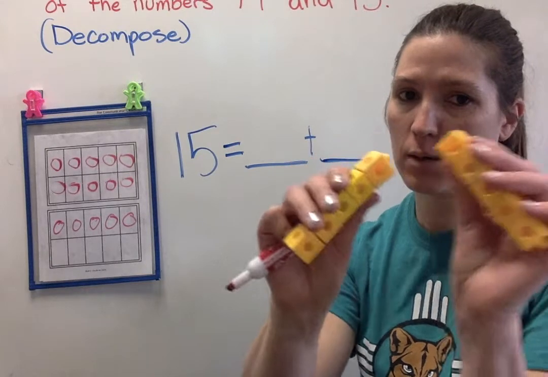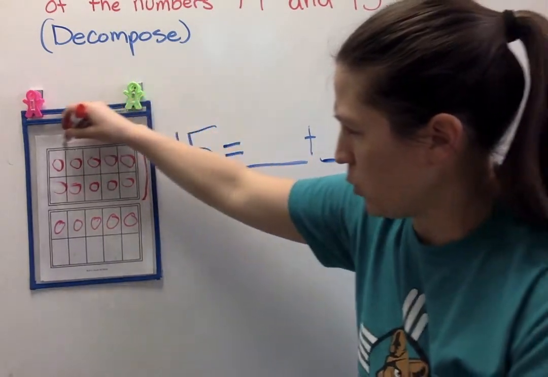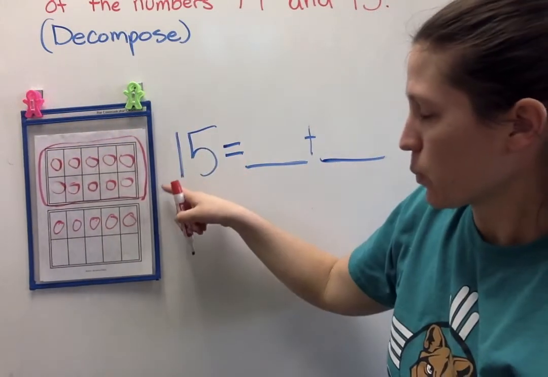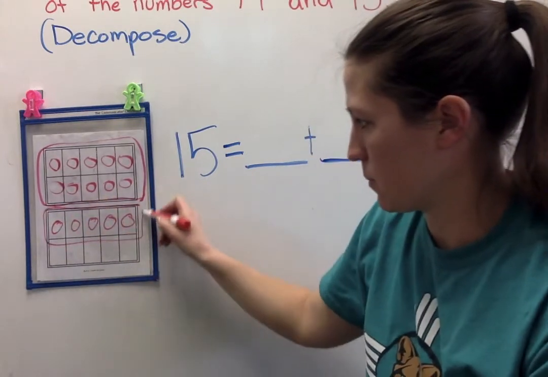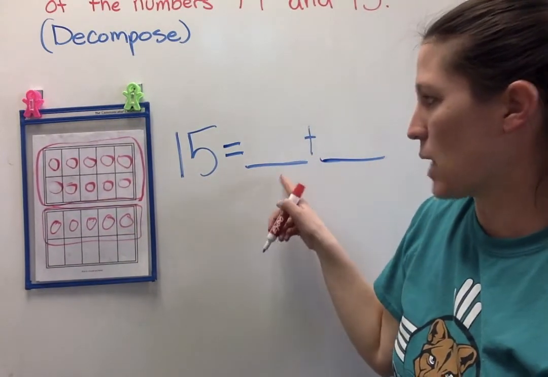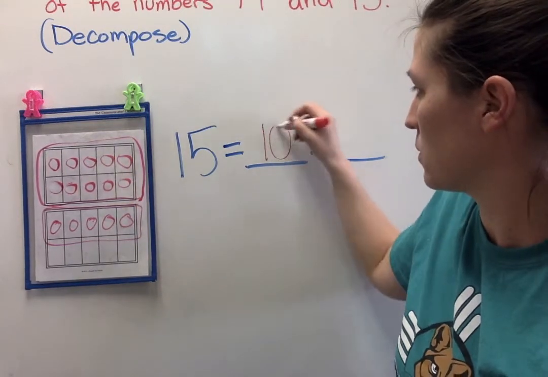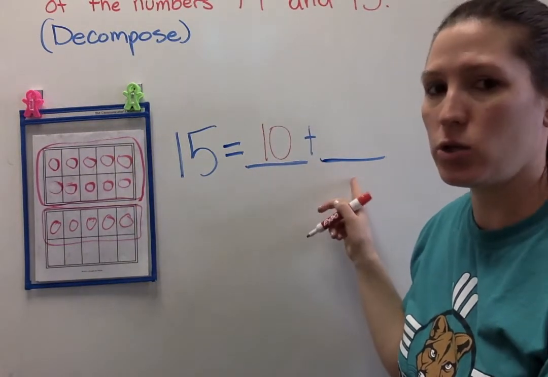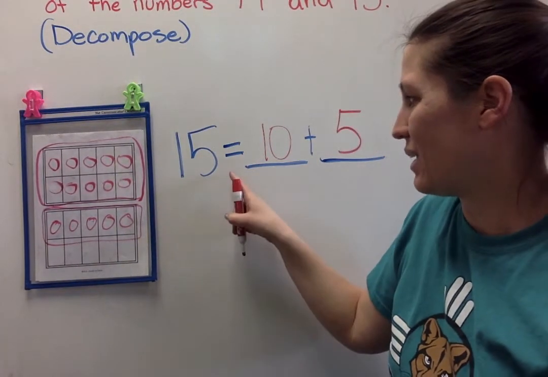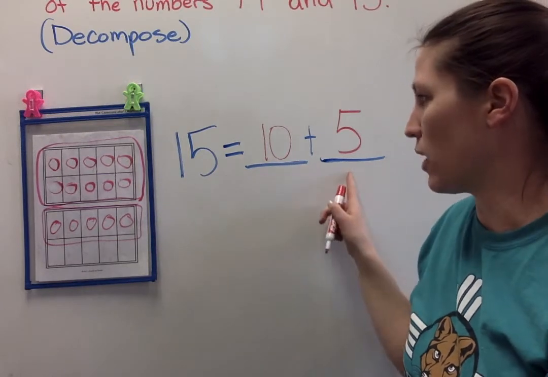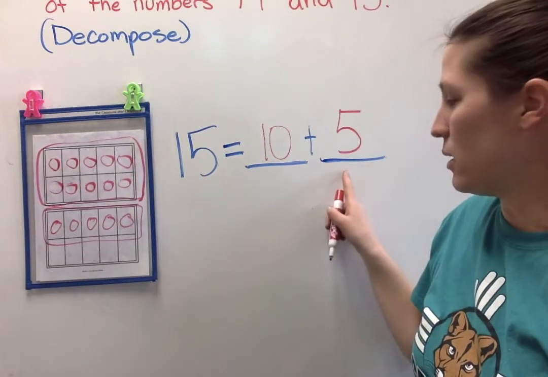Decompose means break it apart. I have one part up here, one group of 10, and then I have another group down here. 15 equals how many in our first group? 10. Plus, how many in our next group? 5. 15 equals 10 plus 5. This 10 comes from the group of 10 up here in the 10 frame, and this 5 comes from the